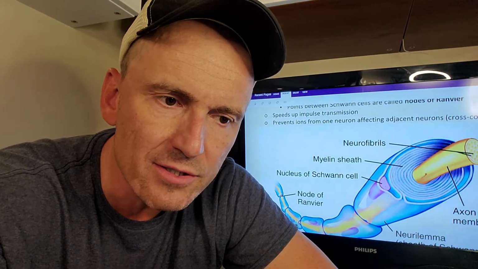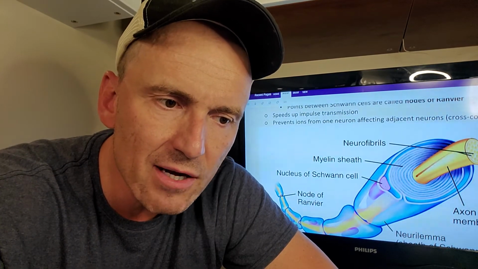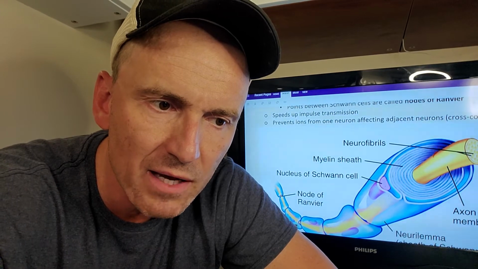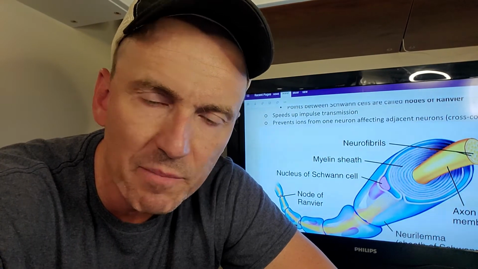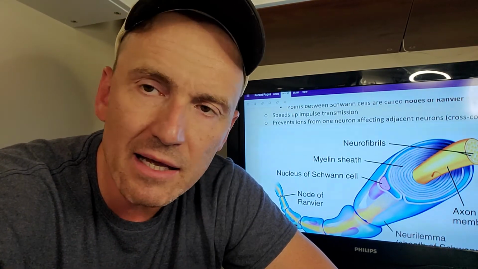The signals travel on the cell membrane of the neuron. If you had another neuron here, there might be signals jumping across. And if this was a motor neuron and this was a sensory neuron, that would be bad. So you have this myelin sheath that